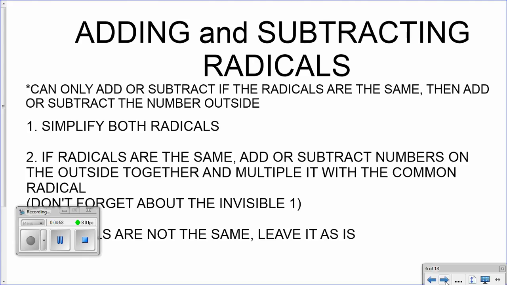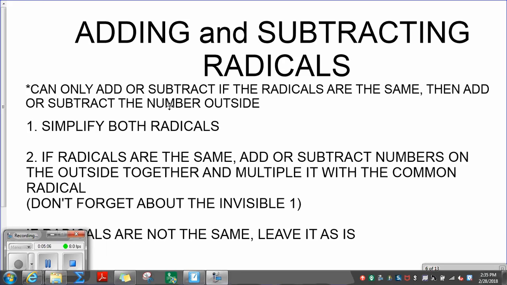Now, adding and subtracting, that's our next thing. There are 3 steps. First thing, we can only add or subtract if the radicals are the same, so kind of like terms. Then we just go ahead and add the numbers on the outside, so treat them kind of like coefficients. Okay? So first we simplify all the radicals. If the radicals are the same, we add or subtract the numbers on the outside and multiply it with